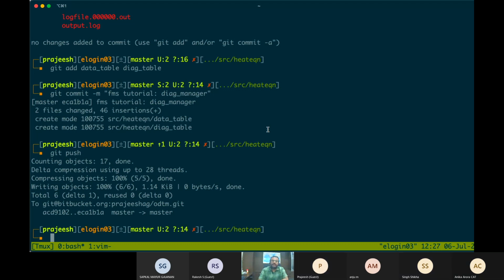This FMS documentation, GFDL is not providing it. It's there actually, but it's not in such a way that tells you how to implement the diag manager.